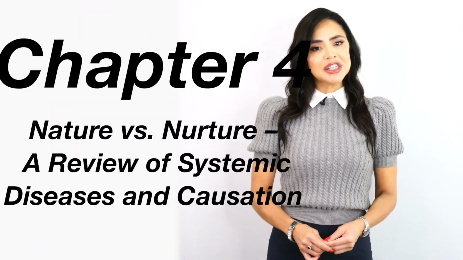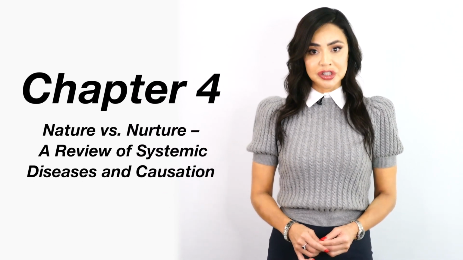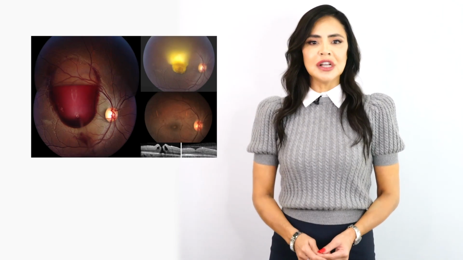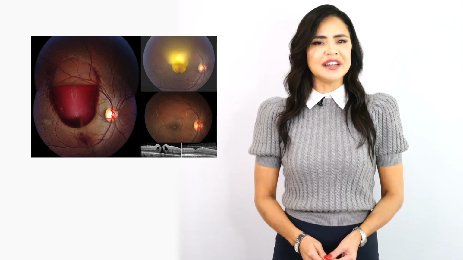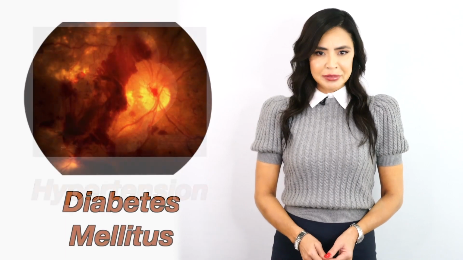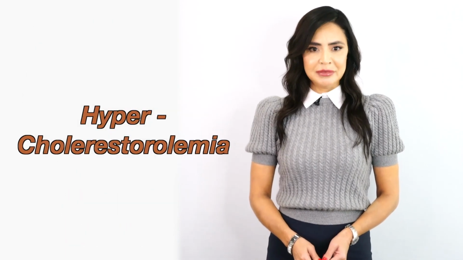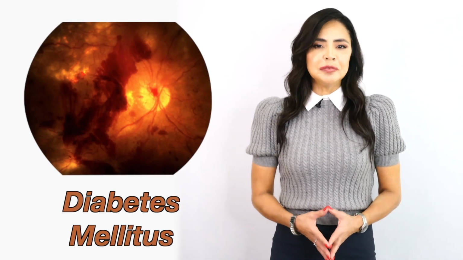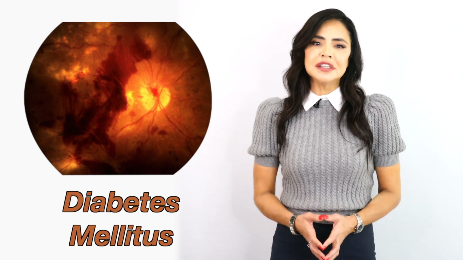of the eye. Chapter 4, Nature versus Nurture, a Review of Disease and Causation. In our next chapter, we focus on what causes all retinal disorders. The understanding of systemic diseases that affect the circulatory system are covered, including hypertension, diabetes mellitus, and hyperlipidemia. I know those are a mouthful, but as a tech, you need to be prepared to not only say these diseases, but explain them. Some of these include diabetes, the lead cause of blindness in patients under 65 years of